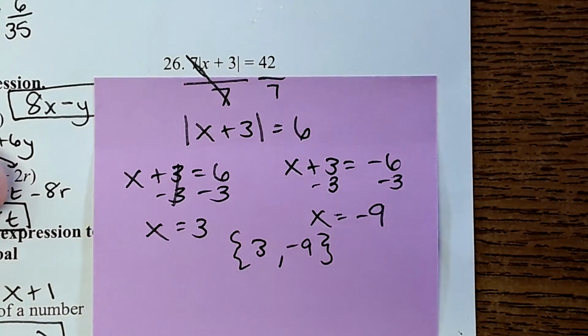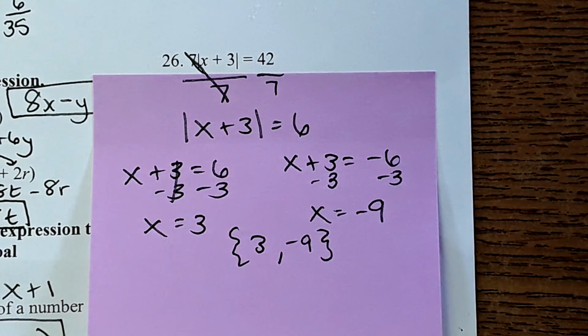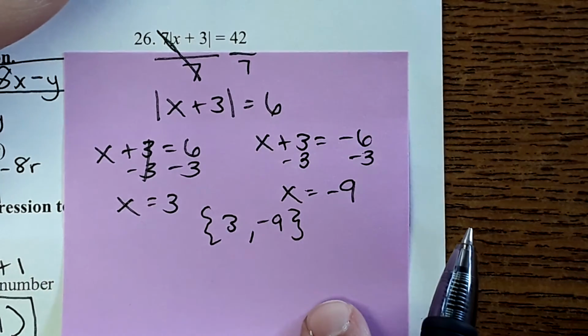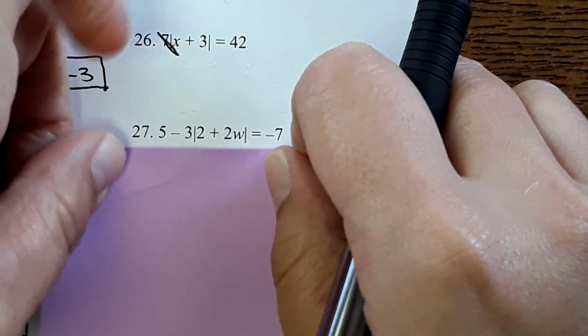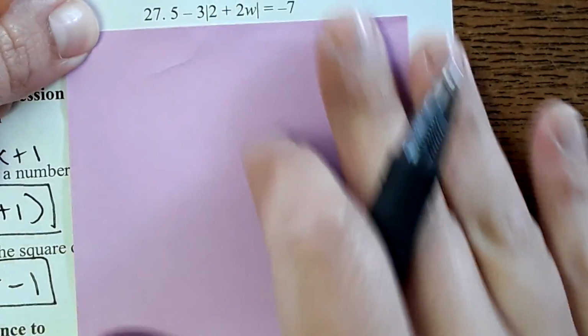Oh, I didn't realize that you couldn't see the whole thing. There you go. Ready? I got lots of eyes staring at me. You got it all down? Next. 27. Okay, for this one, again, we need to get